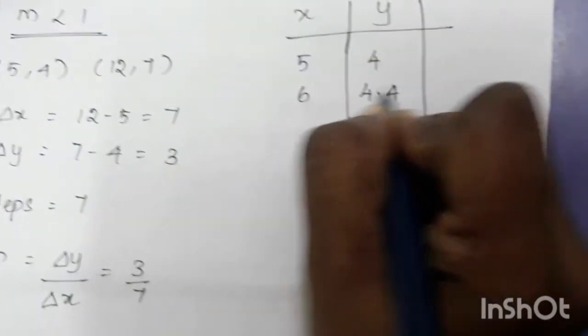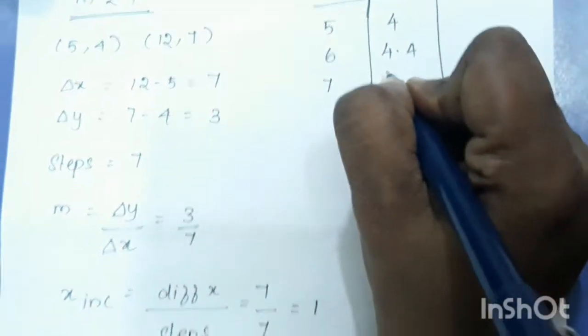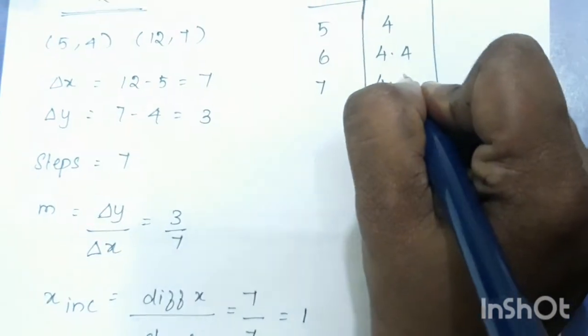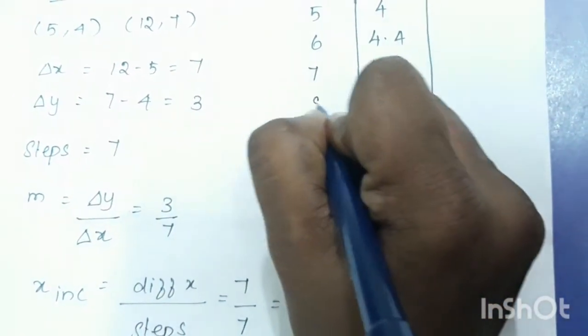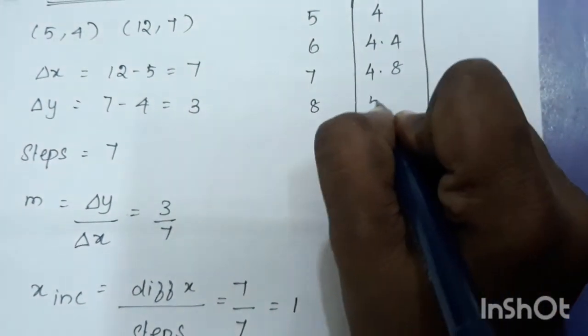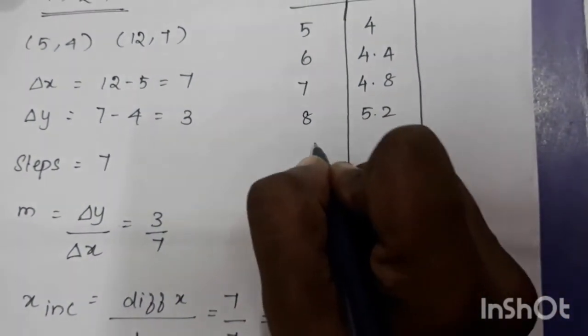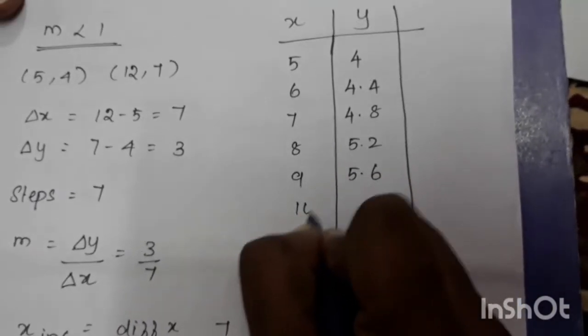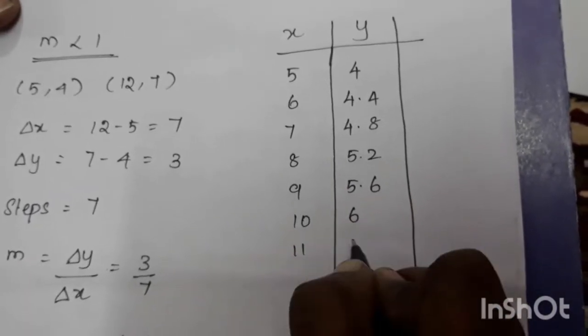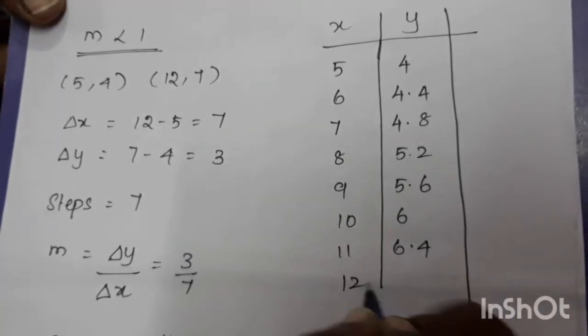So 6 comma 4.4. Next one is 7 and the y value incremented by 0.4, it's 4.8. And 8 and the y value is 5.2, and for 9 the y value is 5.6, and for 10 it is 6, and for 11 it is 6.4, and for 12 it is